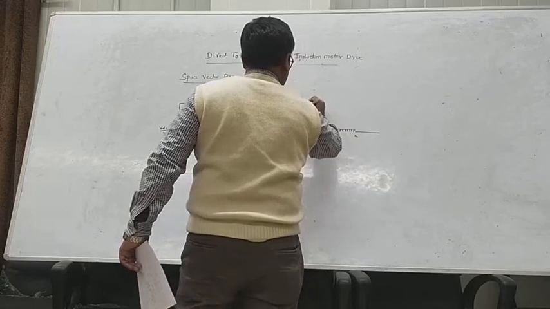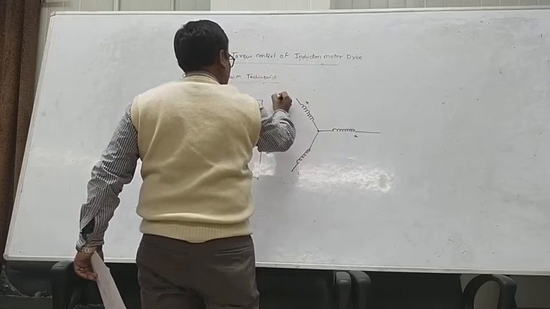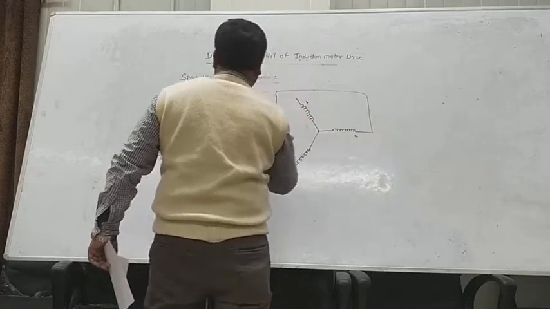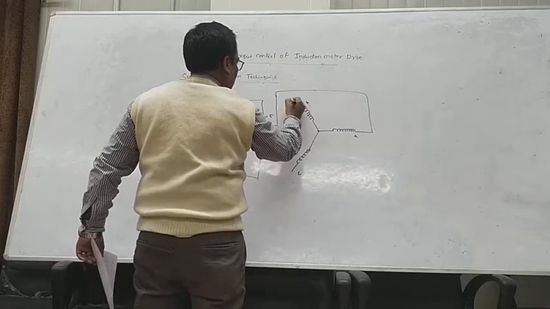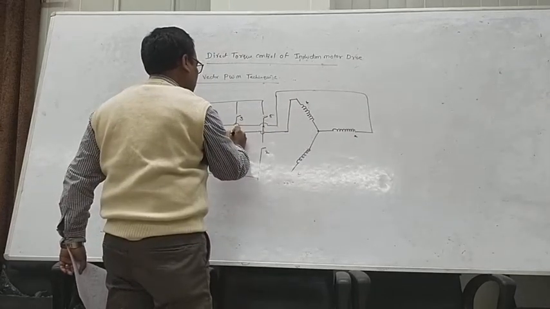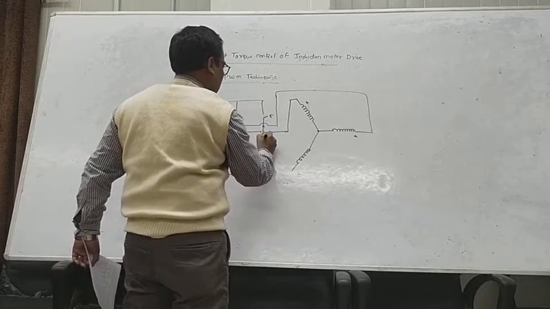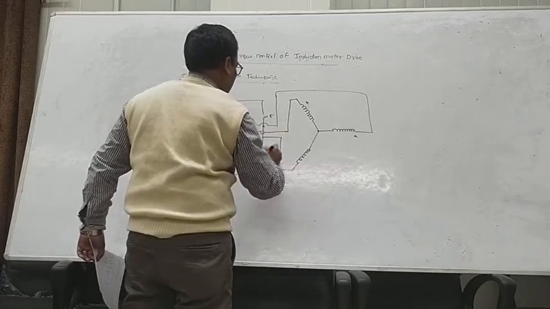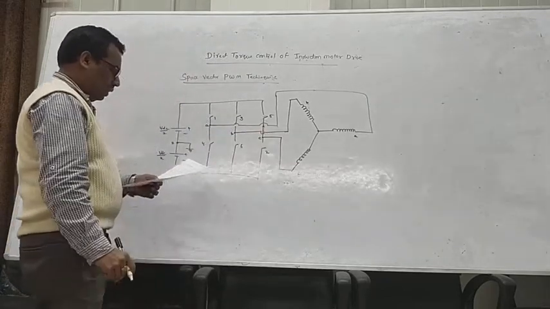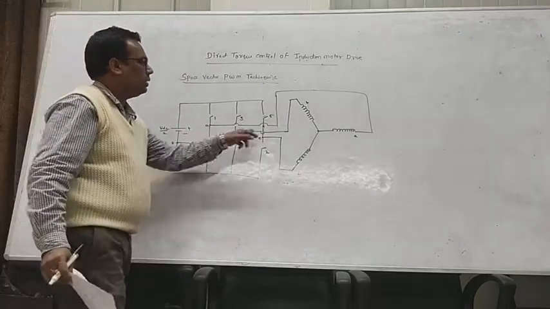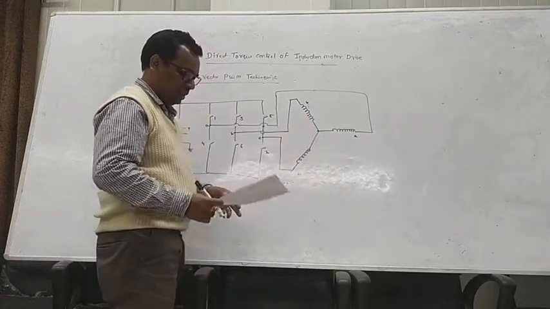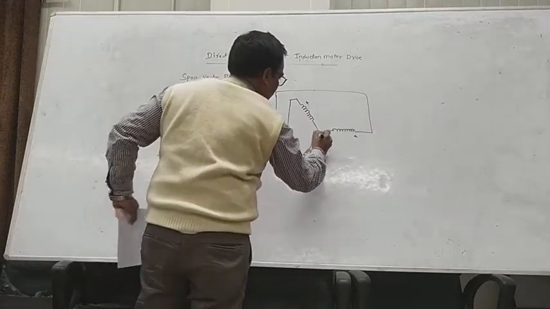So this is phase B winding and phase C winding. Let us see, this phase A is connected to this winding, and phase B is also connected to this phase B, and this is leg B, and this is A, and your C phase is connected like this. Okay, this is the C phase. This is the induction motor A phase winding, B phase and C phase. So this is A, and this is also neutral point M.